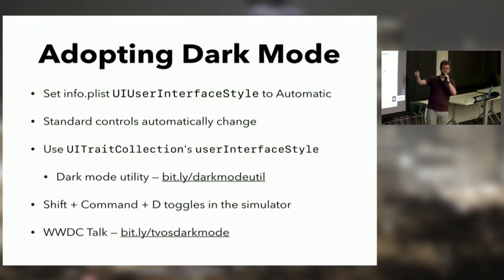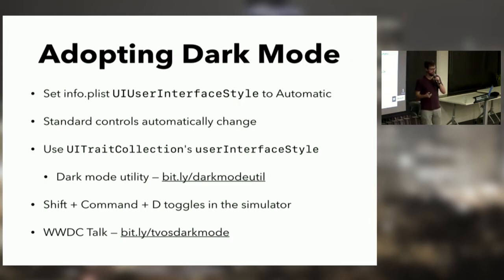It's this UIUserInterfaceStyle. If you set it to automatic, basically the app will pick up whatever the system is set to. You can also hard code it to light mode or hard code it to dark mode if you want to build an app that only supports dark mode, and the OS will just forever stay stuck in that mode when your app is launched. A lot of the standard controls I talked about just automatically change, which is super handy. For example, buttons, which already are very specialized in appearance, will automatically invert colors in response to this, which is handy. I believe labels do as well.